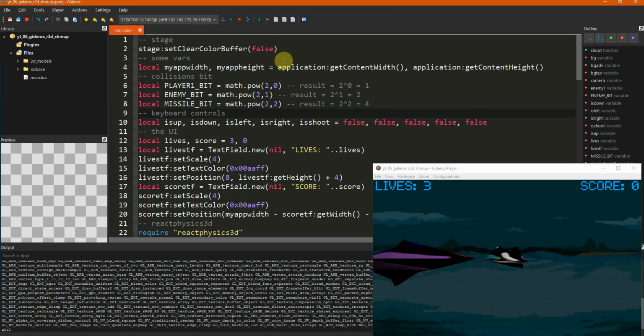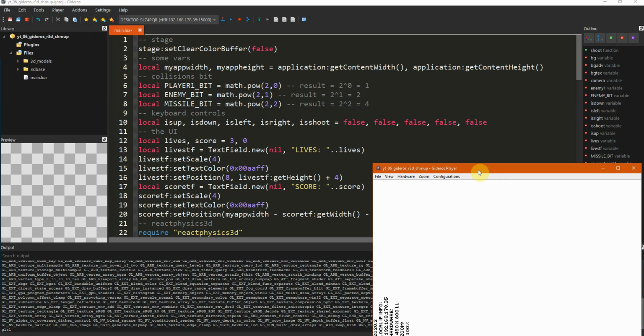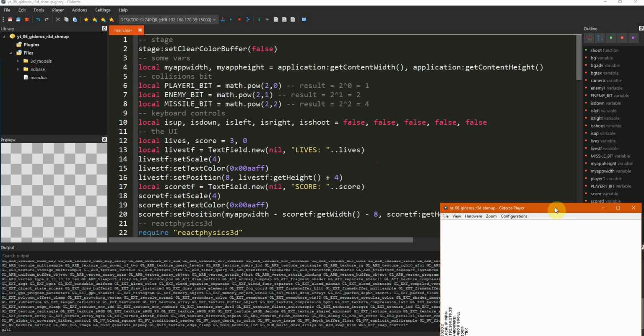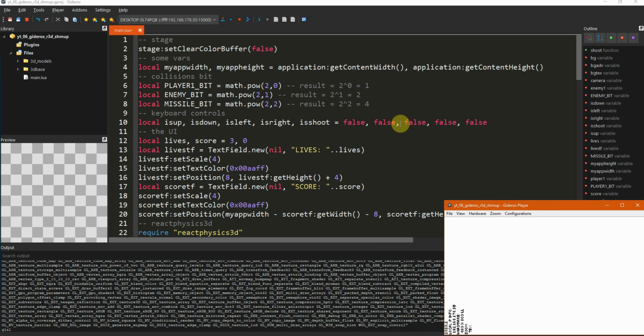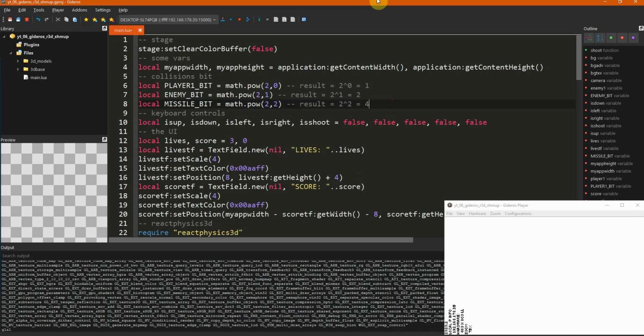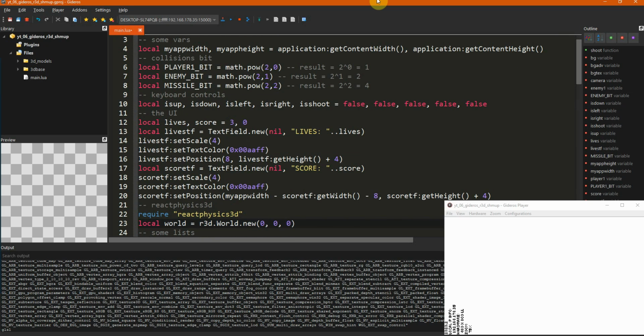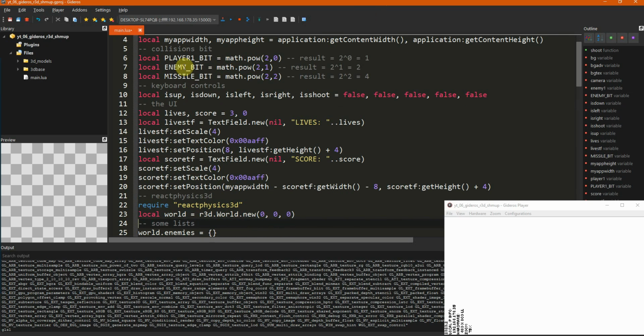Okay, cool. Let's stop this and zoom back again to 75, so I've got more space. So I've got my collisions bits set up. Now I need to add them in the corresponding class. So player 1 class, enemy class, and missile class. Let's do the first one, 3D model, enemy. So let's pick the enemy class.